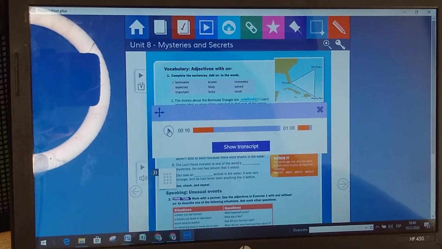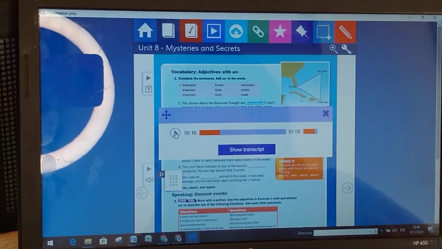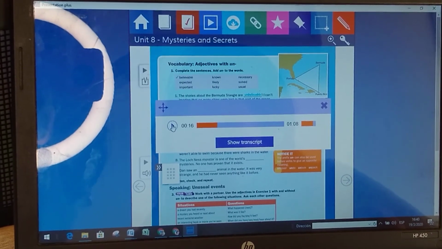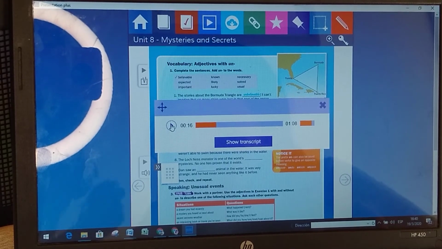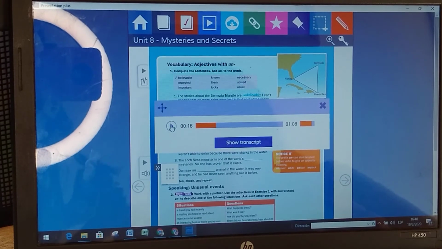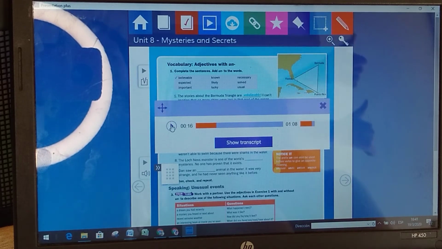We have already checked. But the idea is that if I play the audio, you can repeat the words and practice the pronunciation. If there are any mistakes that need to be corrected, please correct them. Try to say individual words again, and then to say the sentence again. To reinforce the meaning of vocabulary words, I'm going to give you the definitions and then ask you to listen